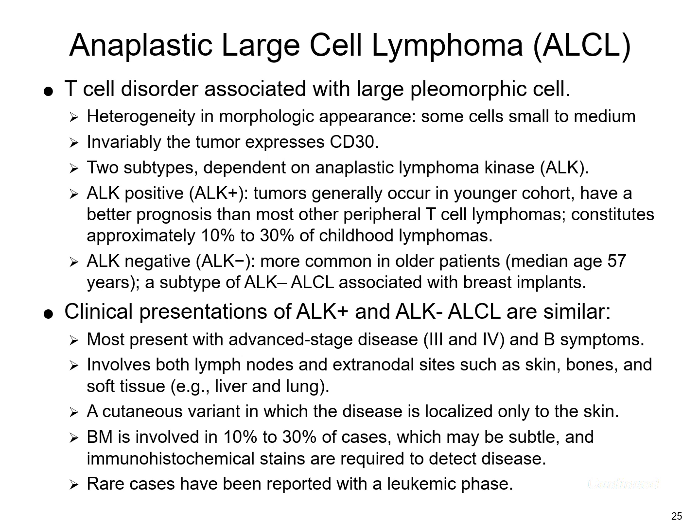Clinical presentation for both forms is very similar. Most of the patients will present with an advanced stage of the disease, so stages 3 and 4, and with B symptoms. Anaplastic large cell lymphoma does involve both the lymph nodes and the extranodal sites, such as the skin, the bones, and soft tissue like your liver and lungs. There is a cutaneous variant in which the disease is localized only to the skin. The bone marrow is involved in about 10 to 30% of cases, which can be a very subtle disease,